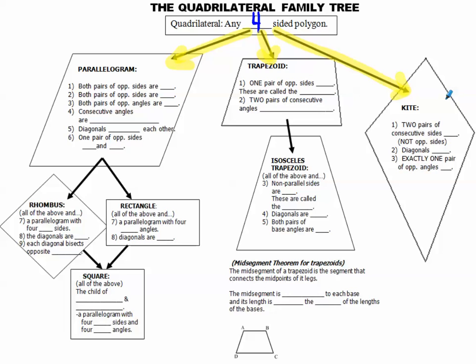So here you have a big flow chart of the special types of quadrilaterals. Starting at the top, you have the less specific types of quadrilaterals. Less specific at the top, more general, down to the bottom, where you have more specific. So we have three types of special quadrilaterals: the parallelograms, the trapezoids,